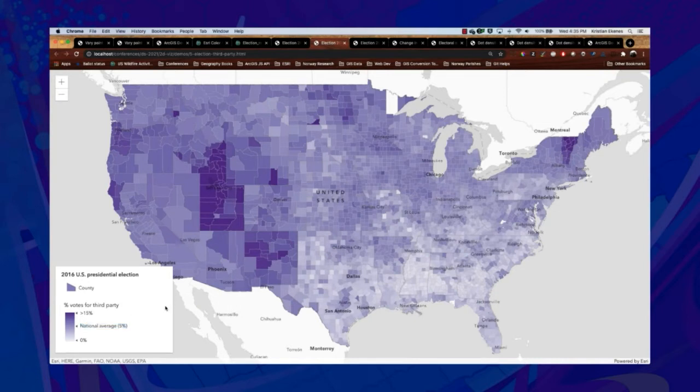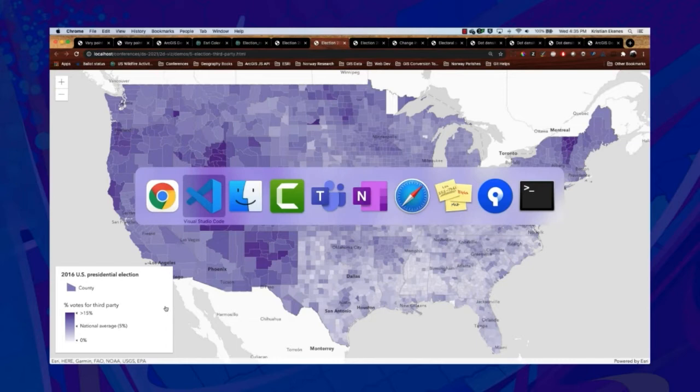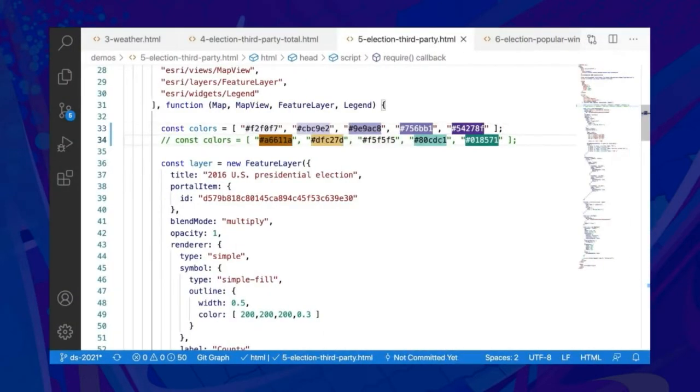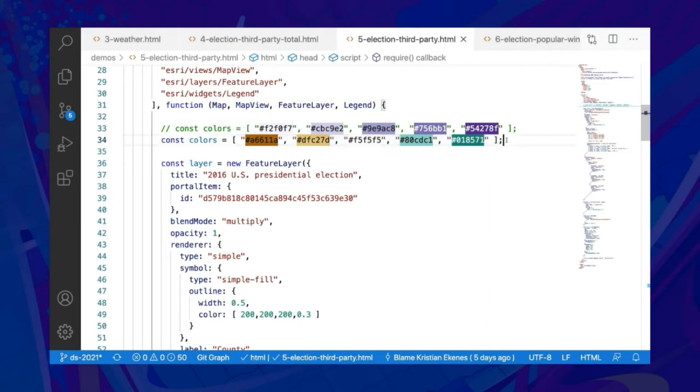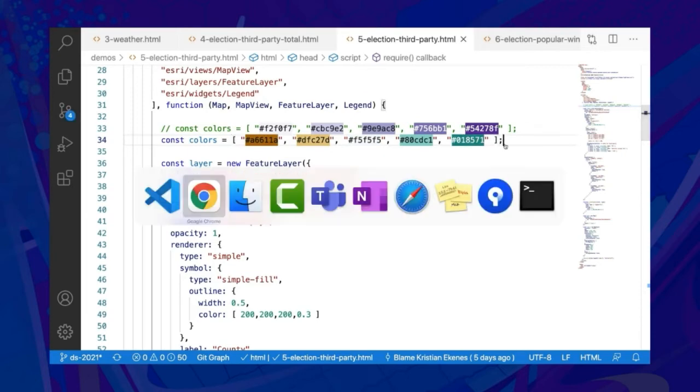So I'm going to actually use a diverging ramp, or as in the documentation, we call it an above and below ramp. And this is my favorite color ramp that we provide. I've been using this a lot lately because I just really like how these colors play together. So this middle color will be the national average, brown will be below average, and green above average. So if I save that, refresh,